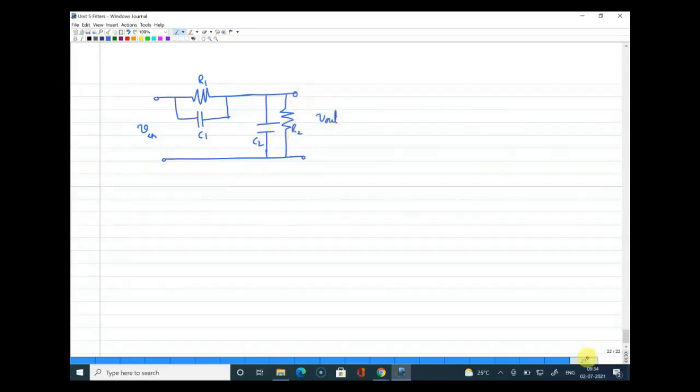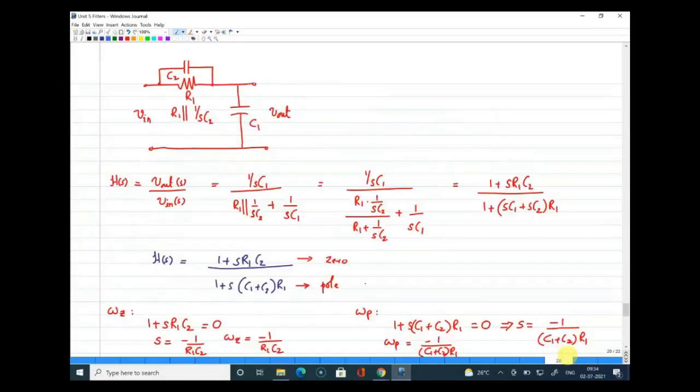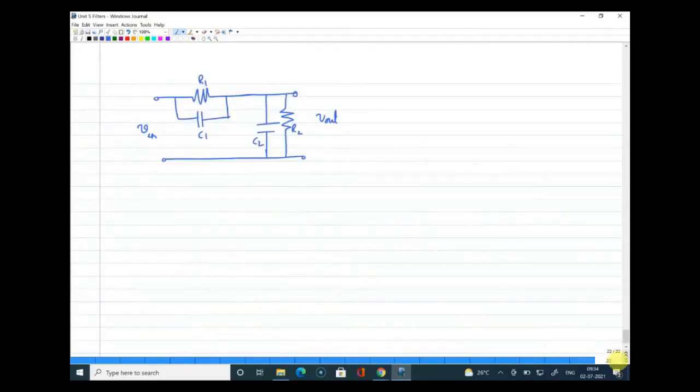You will be wondering why I did this. I have an initial circuit, and without interchanging the components, just by adding one more resistance at the output side, I'm looking at how this can help me get a high pass filter response. So can I request you guys to find the transfer function of this circuit, where you have C1 R1 in parallel on the input side, C2 R2 in parallel on the output side.